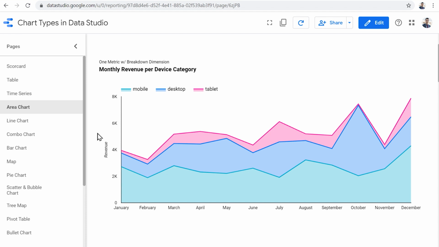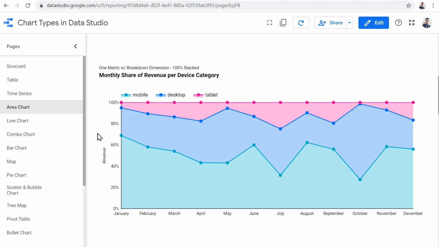But what if we are not interested in seeing the trend, and instead we're more interested in seeing the distribution of revenue between these different categories? In other words, we don't care about the total, but instead we want to see which device category brings in more revenue compared to the others. To do that, instead of stacking series on top of each other, we can use 100% stacking, which is shown